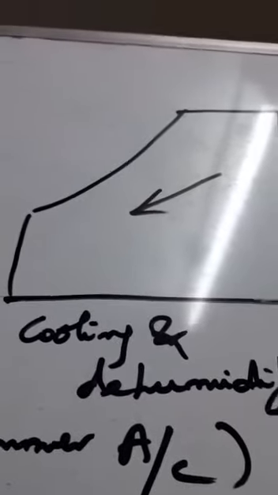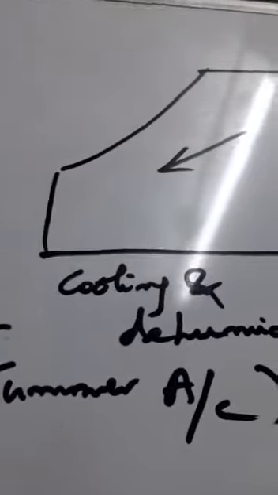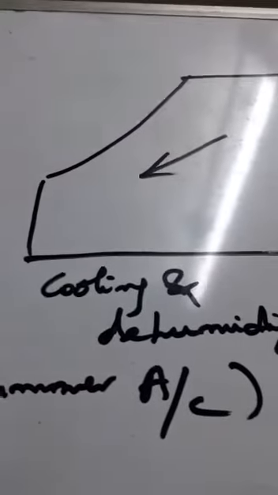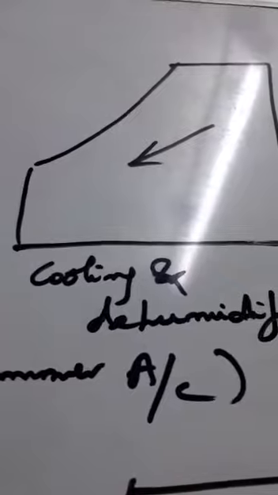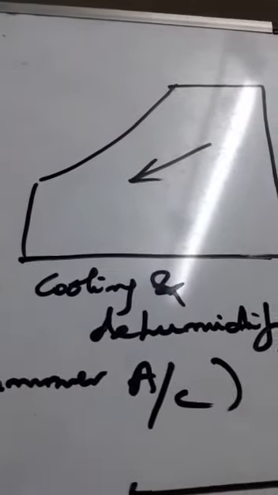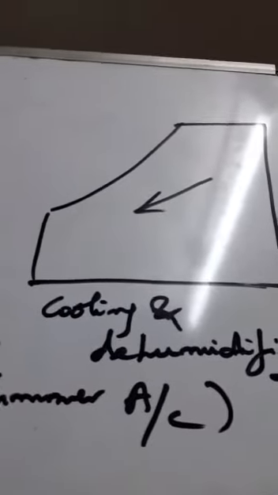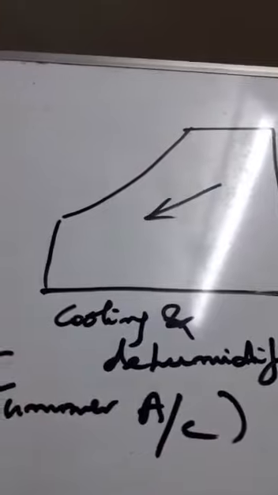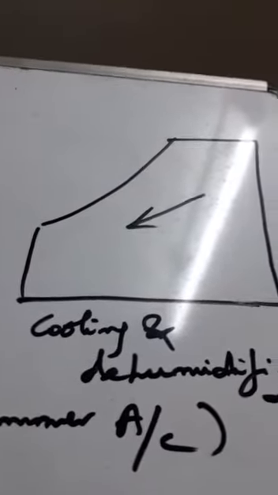This is actually the process for summer air conditioning. In summer air conditioning, when the air is entering into the cooling coil, you observe that water droplets will form on the cooling coil. Actually, that is the water which is coming out. A small tube is kept there, and you can observe in any room air conditioner, outside there will be some water droplets falling. That is actually from the cooling coil.